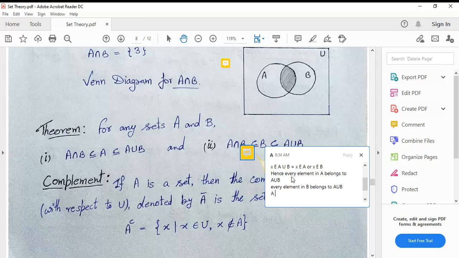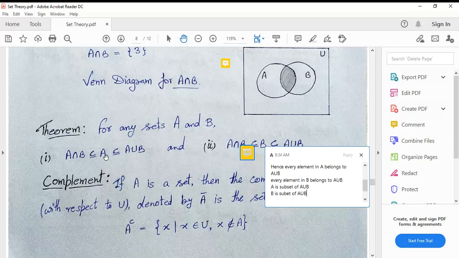We say that A is a subset of A union B, and we can also write that B is a subset of A union B. Clear now?